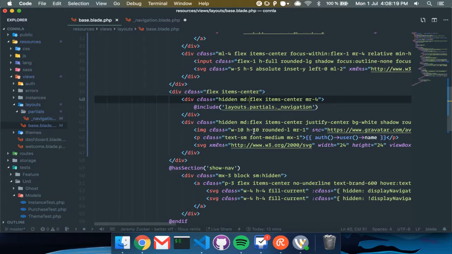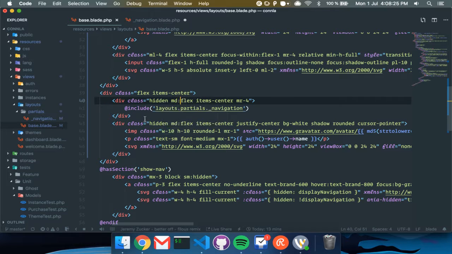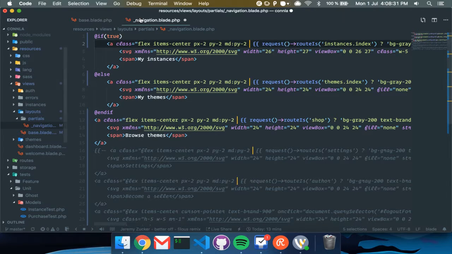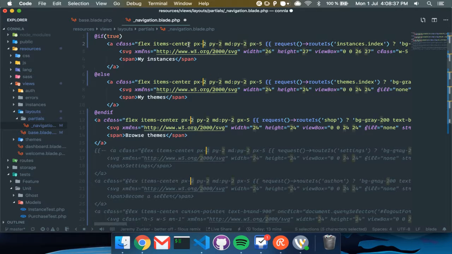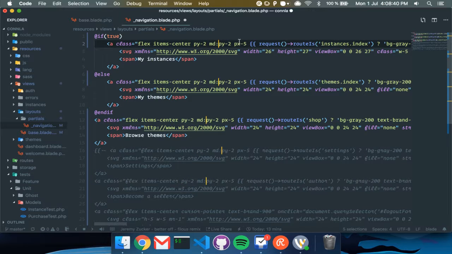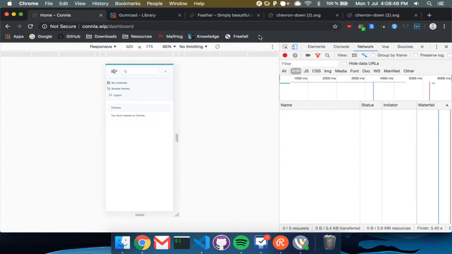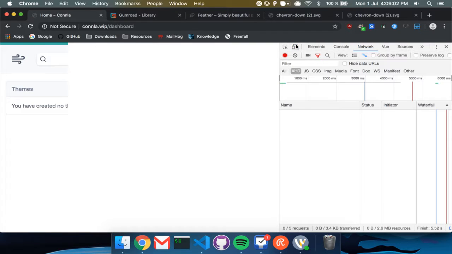Let's copy the logout button style. px5, so px5, and then we want to get that down to px4 on medium screens. So let's see how that looks. That gives us a decent navigation. And then when we switch back to the normal screen,